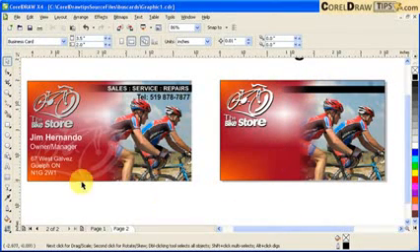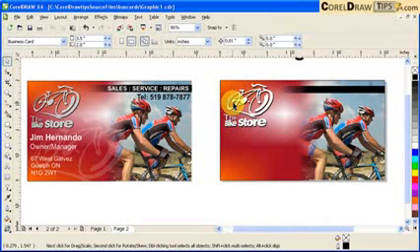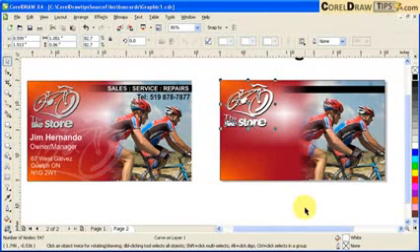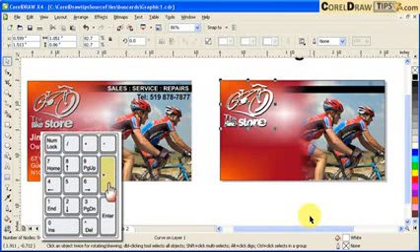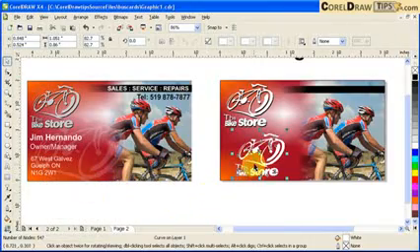Now if you notice too, this one has a very transparent duplicate of the logo. So how did I do that? I'm going to choose the white. I know it's the white logo because here in the status bar it says white. Then press plus on your keyboard, the plus sign, and I'm going to move it here. But I only want the bike,